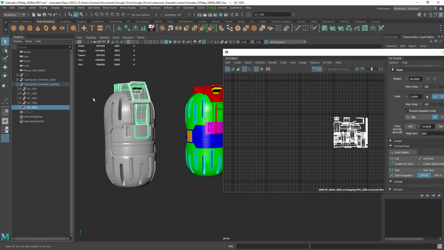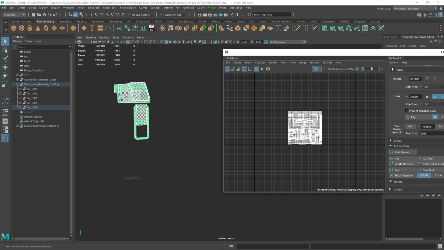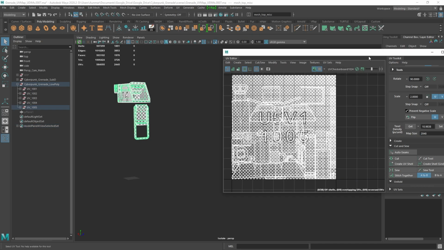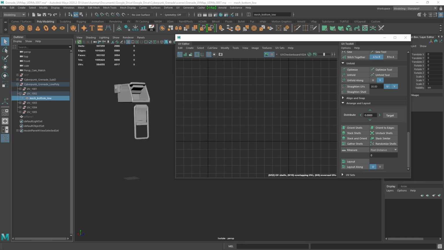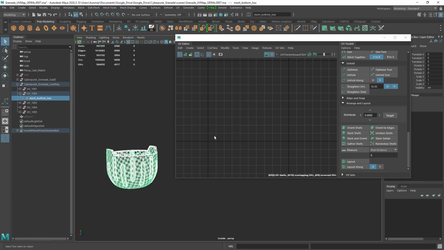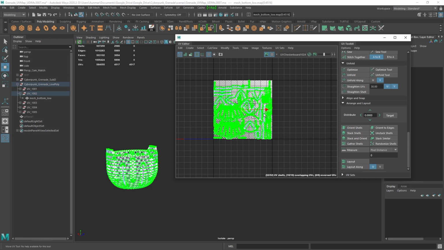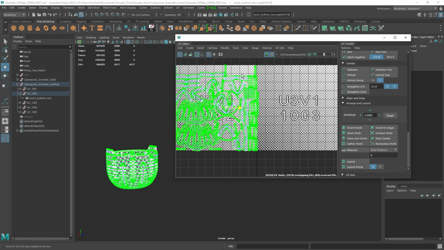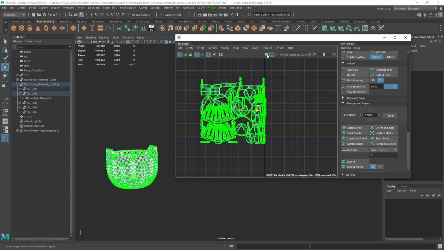Now here's the key thing. You have to be very careful when exporting into Substance Painter, or else it'll cause issues. Sometimes you use the layout here and you go ahead and do layout and it tries to pack it. And what you may find is that sometimes when it packs it, there may be some UV shells that are bleeding over. And so you'll notice it within the coordinate system, if you have this enabled here,